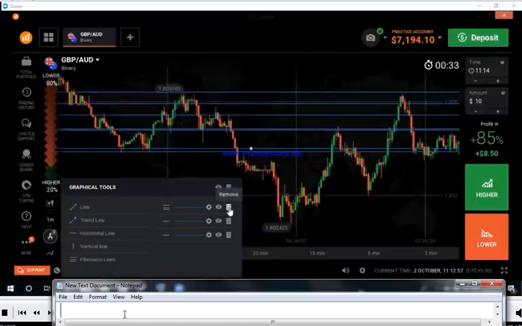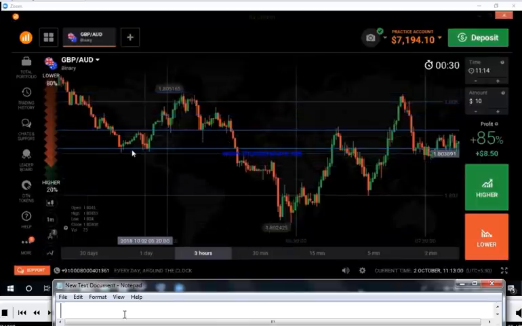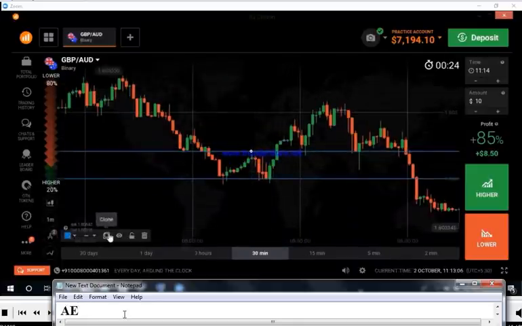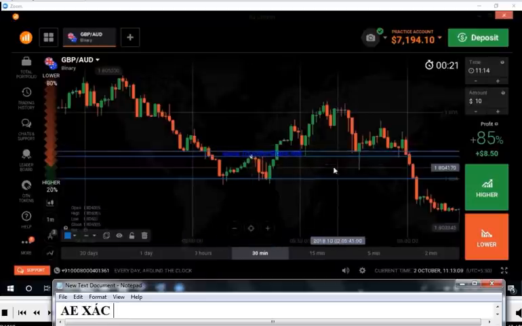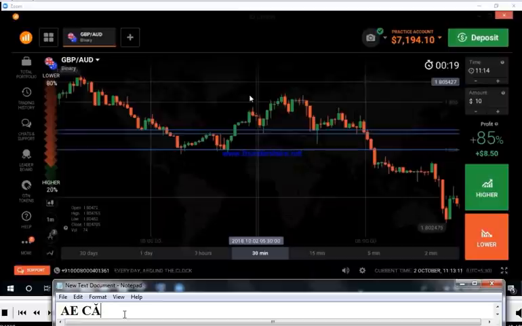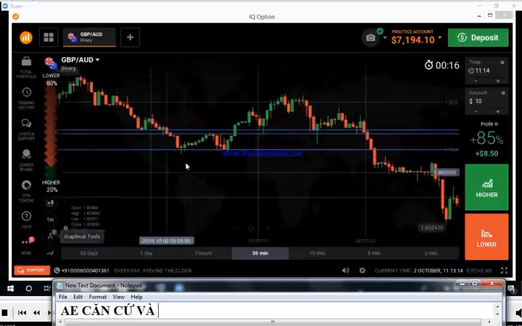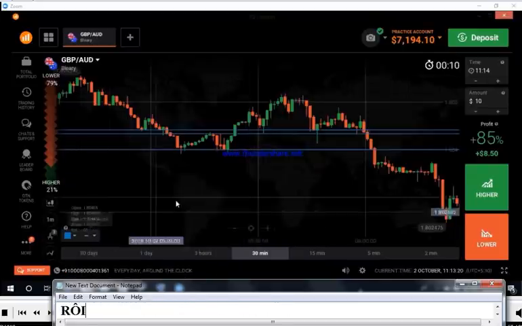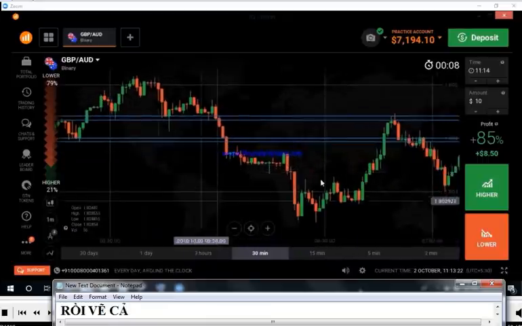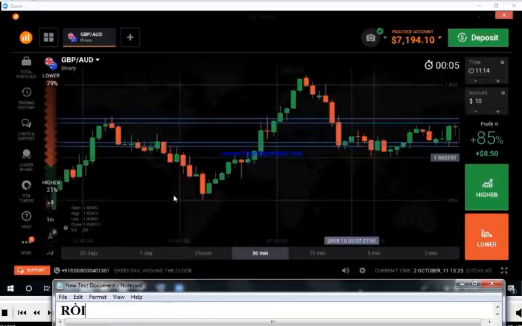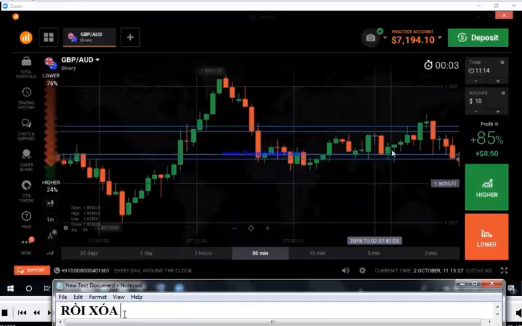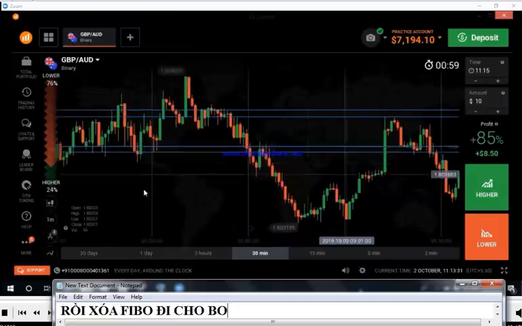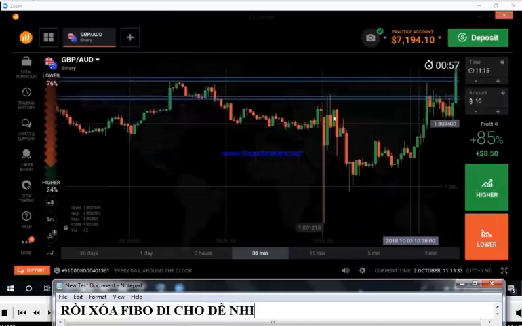I'm going to remove it. We can adjust the level according to the market. This one and this one. So this is breakout, it reversed, breakout, reversed, reversed from the same level. It is working, and the other line.